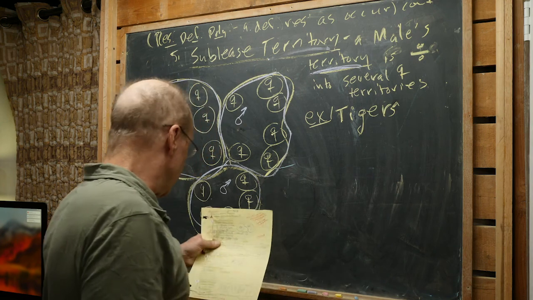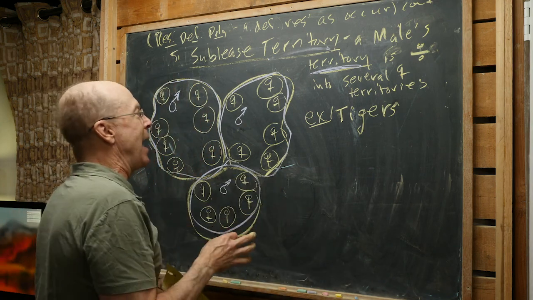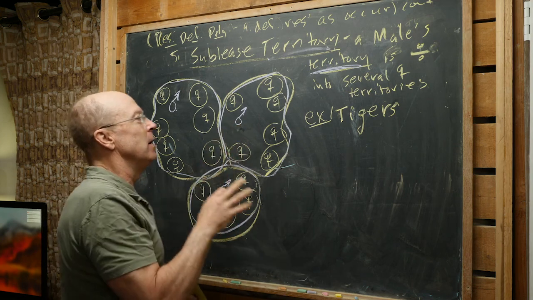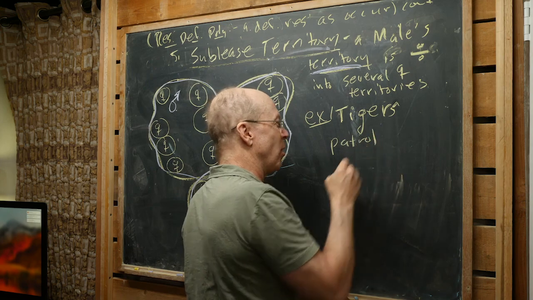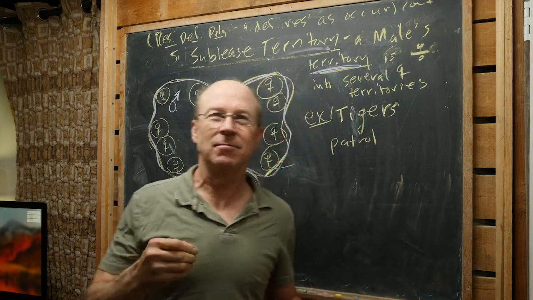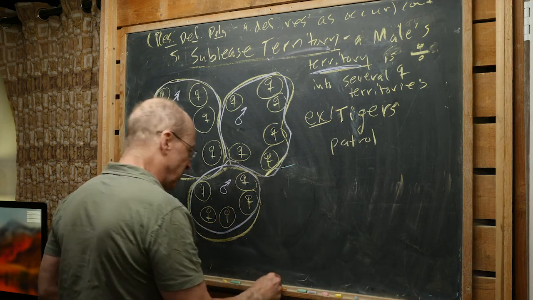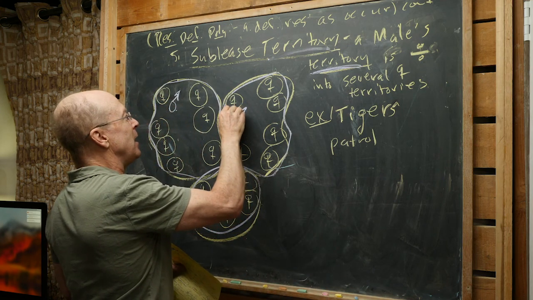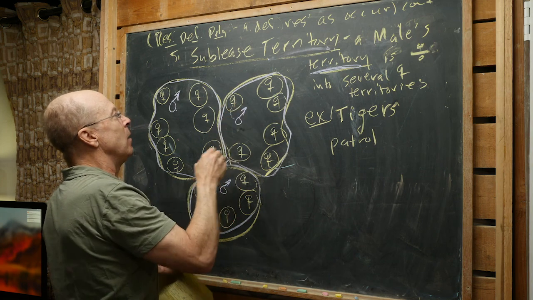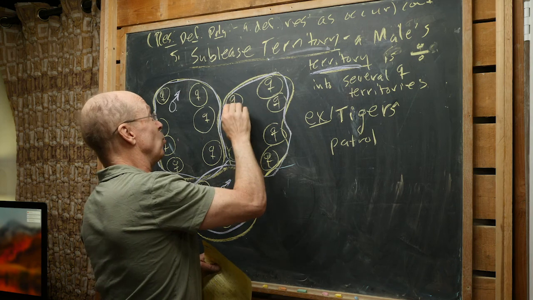Okay, so here's what the tigers are therefore doing. You actually have this male tiger. They patrol by night or by day. I mean, they patrol a lot. And of course what they'll do, so this male, he's on patrol. He's going to do lots of urinating. He's going to visit this female. If there's no indication that she's ready for anything, he's probably not even going to deal with it at all